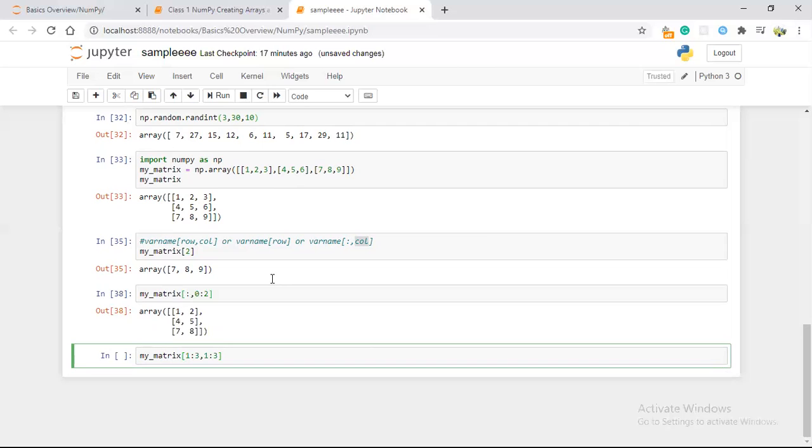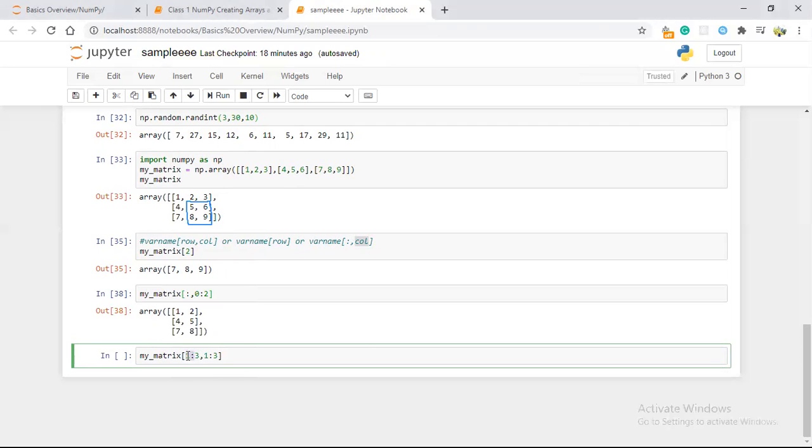Okay, now what I want to get here is only this 5, 6, 8, 9. I want to get only these things. So for that, what I'm going to do here is 1, 3. Here also, 1, 3, I just applied like this.